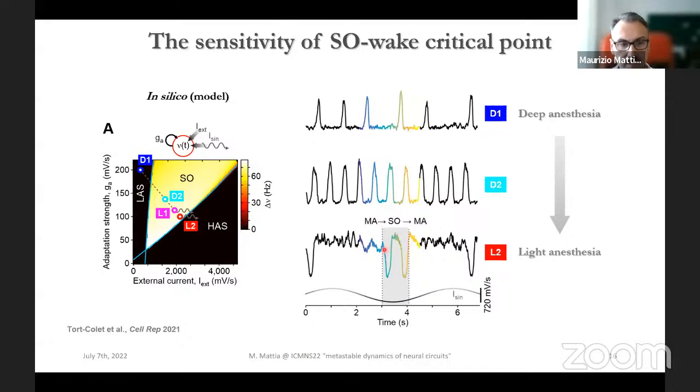But why this? Well, this is because we are giving the model an external perturbation, which is sinusoidal at the frequency of the infraslow oscillation. And this is a very tiny perturbation, a tiny input we should provide to the network. Why? Because we are close to a critical point. The critical point has the advantage of being maximally sensitive, having long-range correlation, and everything is in contact with each other. And so a very tiny perturbation can elicit a transition between two available states: a limit cycle, the slow oscillation, the relaxation oscillator, and the microarousal, which is an equilibrium point, a stable focus.